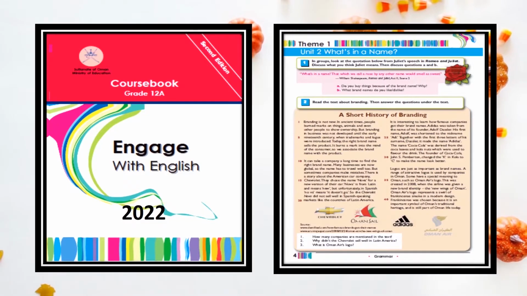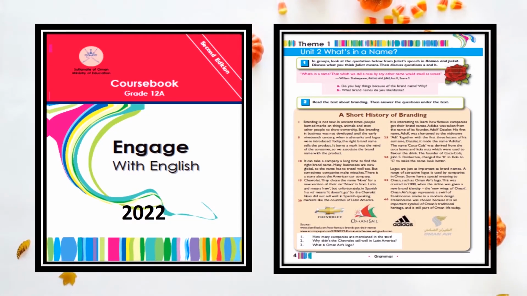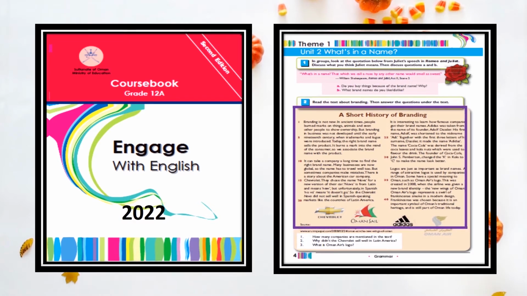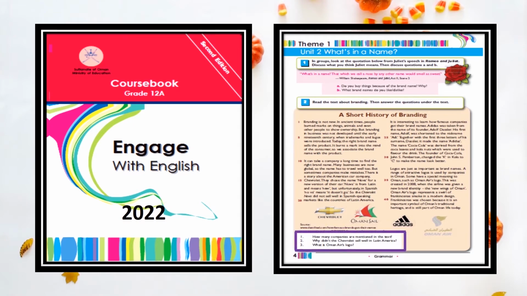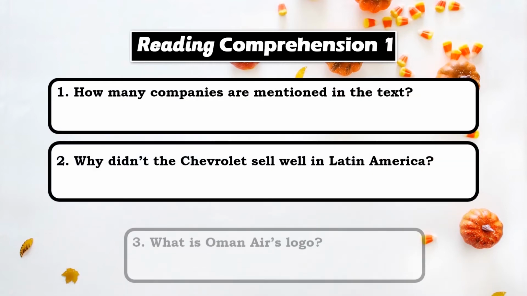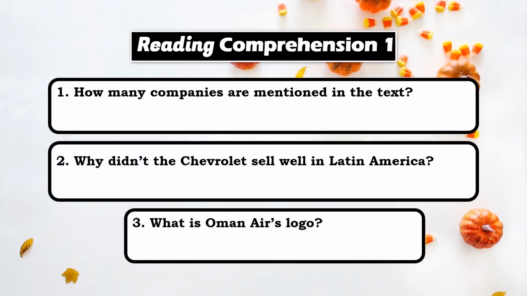Without further ado, let's dive into the main activity of this lesson, starting with task number 2, page 4 of your course book. If you look at the rubric, it says, read the text about Brendan and answer the questions under the text. Dealing with comprehension tasks requires a good understanding of what kind of information each question wants you to find in the text. That's why, before jumping into the text, it is necessary to read the questions first. Let me show you how to do this.